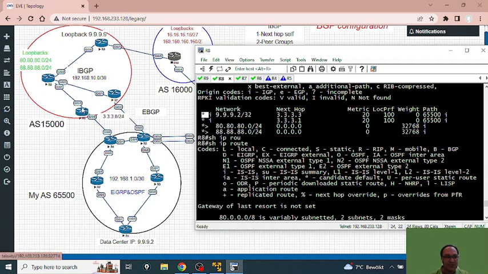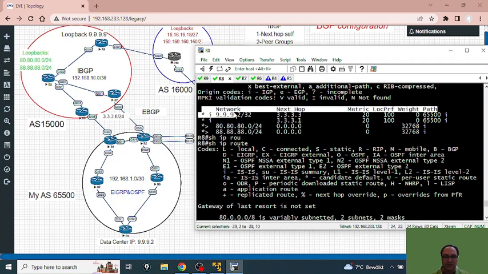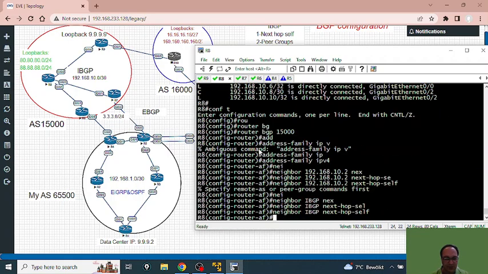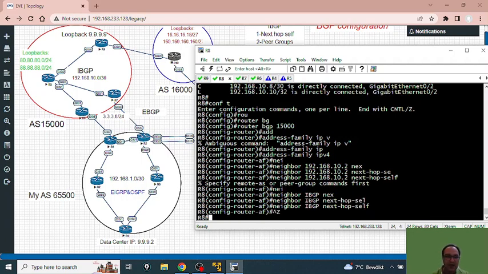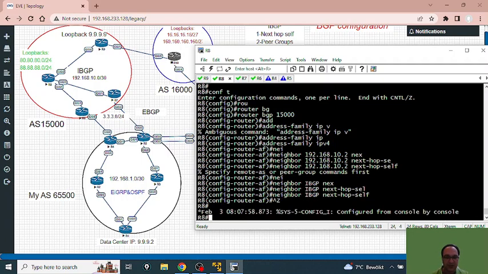Now we update it, and when you send a route update, the next hop is updated by your interface. So this interface must be changed and this route must be valid. So again, if I make a show IP route, show IP BGP, sorry,